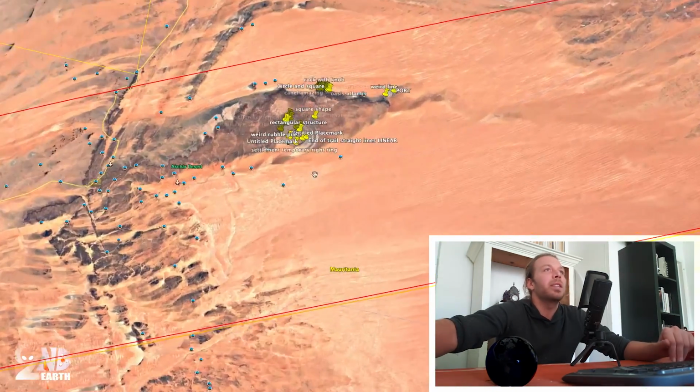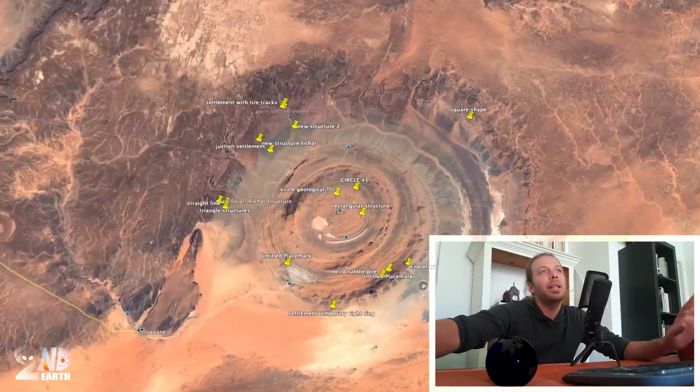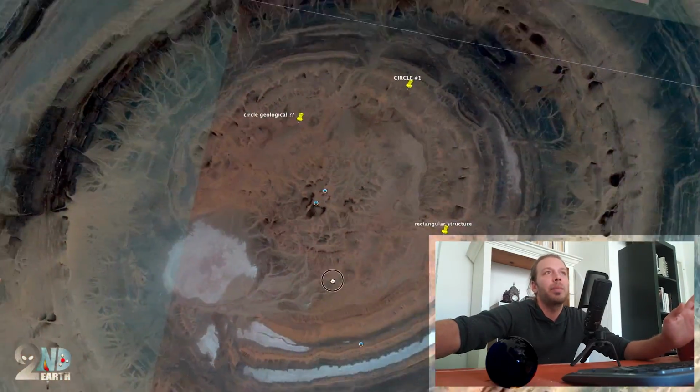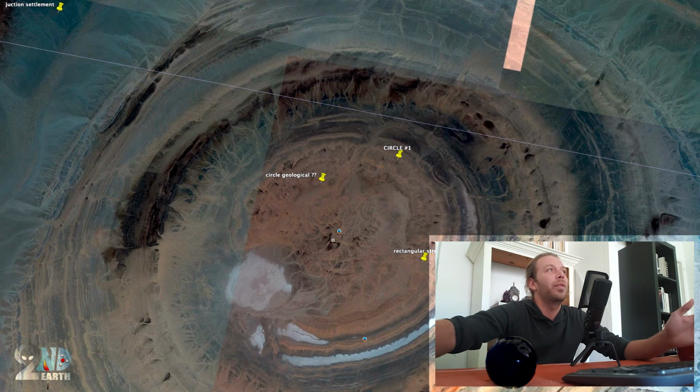So just to start off the session, I wanted to show you the first strange structure. Now, I'm not saying that this structure is ancient. I'm not saying it's from Atlantis. I just wanted to showcase it because it's one of the more interesting things we've discovered in this crater area. So if I were to go...